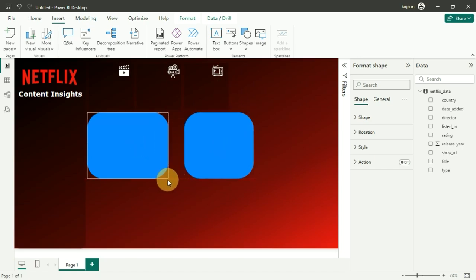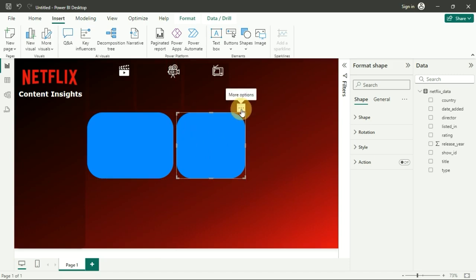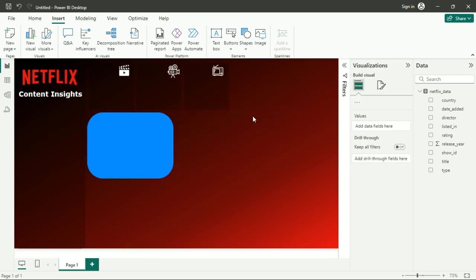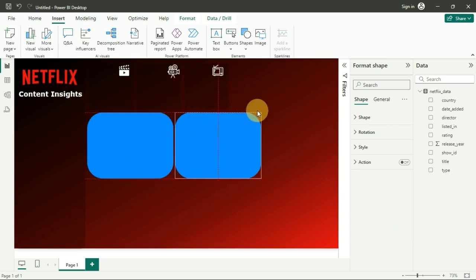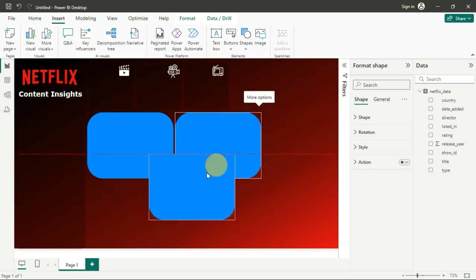Let's increase the size a little bit. Okay, done. And let's remove this and copy paste this. So we'll place it here like this, and then again Control C, Control V,